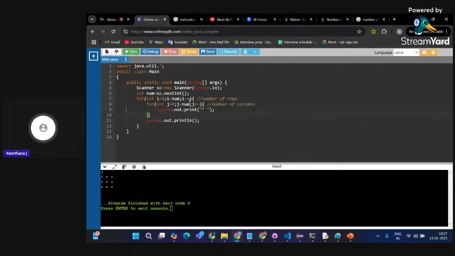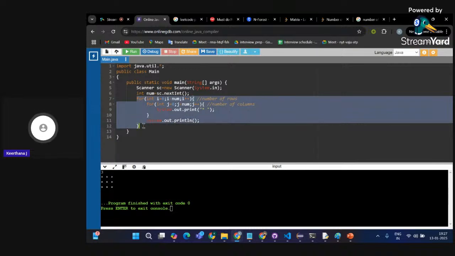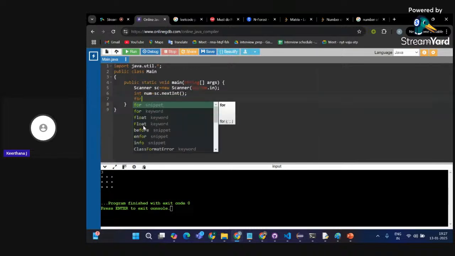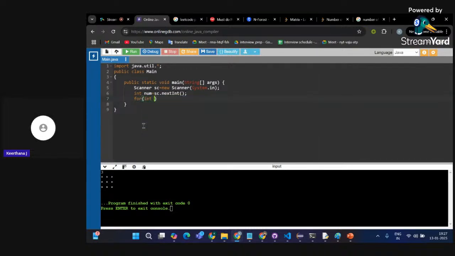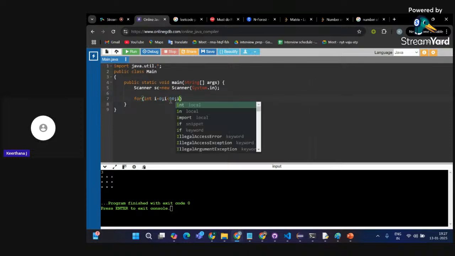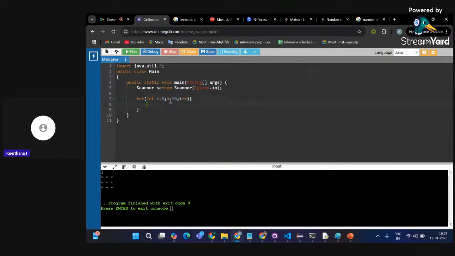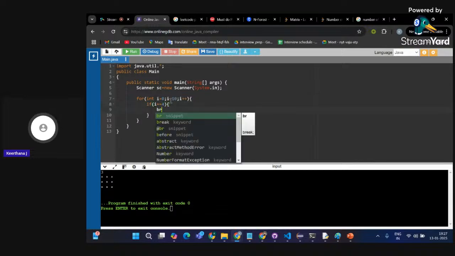Okay, so jump statements are very simple. We already have two jump statements in Java. One is break and another one is continue. We have already seen how break works. So for int i is equal to 0, i is less than 10. I'm also giving the stop value. If my i is equal to 4, then I'll apply a break.